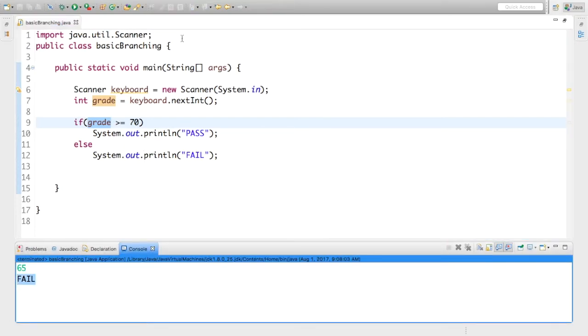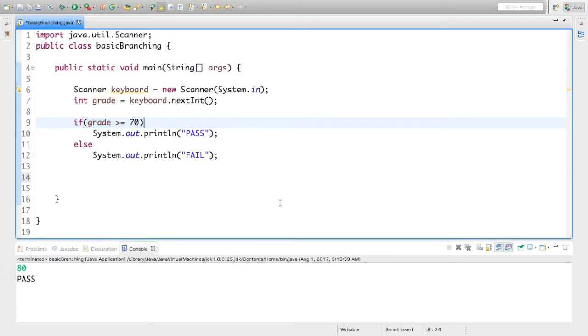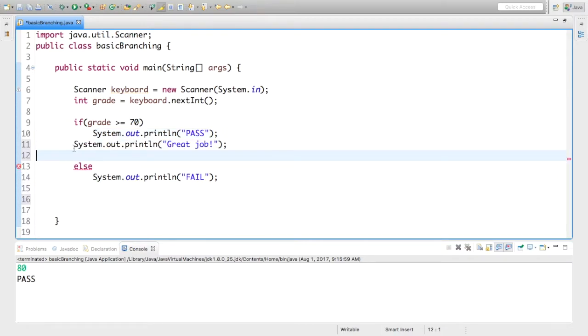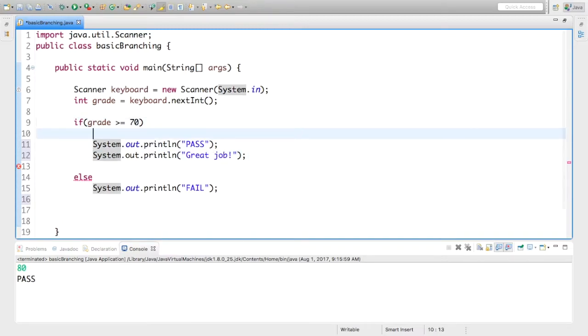And it does. If I run this again and put a value greater than 70, so let's put 80 in this time, then this evaluates to true and we print pass. If I wanted to execute more than one statement if grade was greater than or equal to 70, like let's say instead of just printing out pass, I also want to print out great job, then what I would need to do is enclose both of these statements in braces,